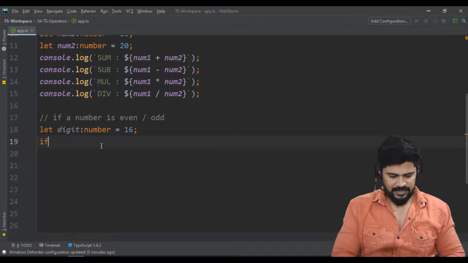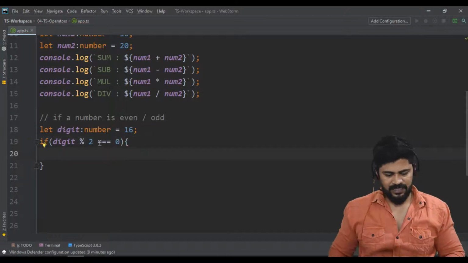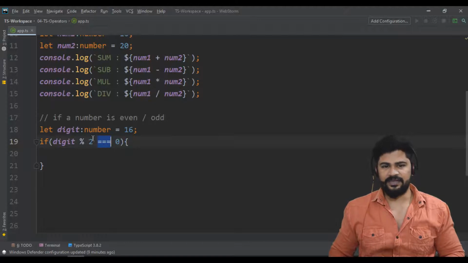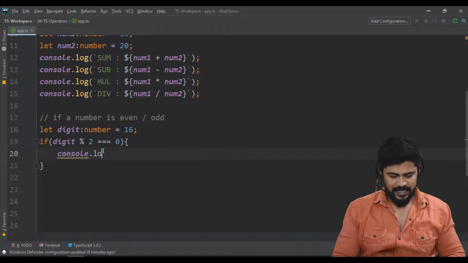How to check is if the digit percentile 2 is equal to 0. Triple equals is to check the equality between two values, two of the same type. If you divide the digit by 2 and you get the remainder 0, then the answer is it is an even number.